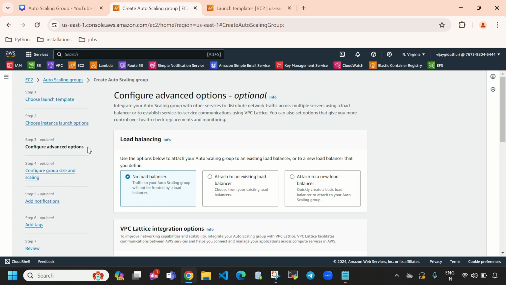And here you can see in step 3 load balancing. So in this video I'm going to select no load balancer. So we are going with only launch template, and we are going to create auto scaling group. So in next video, I will explain you how to create an auto scaling group with a load balancer. So here you can see when we want application load balancer, we can directly select here attach an existing load balancer, means you can create your own load balancer and you can attach that load balancer here, or else you can create a new load balancer by selecting here. So in this video, I'm not going with the load balancer, so I'm going to select this,